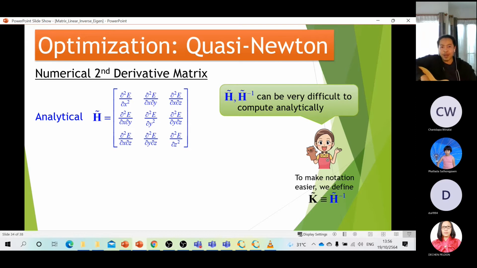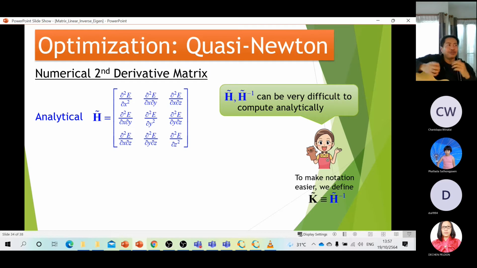Okay, very fast, compared to analytical, and the answer is almost the same. Okay, very perfect, very amazing method. But before I show you how to compute the Hessian using numerical method, let me rewrite this inverse first, because